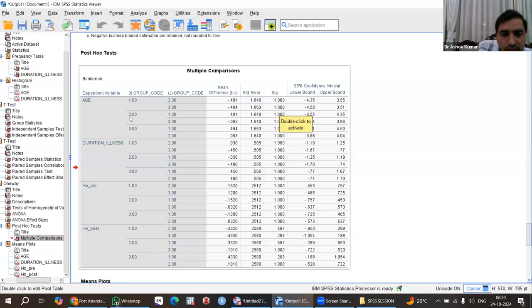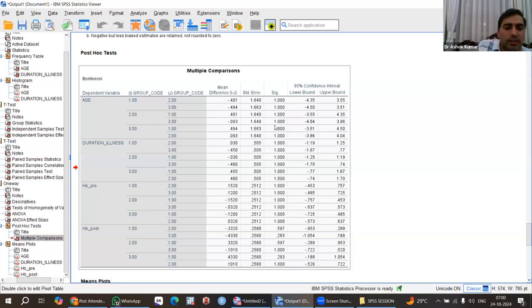Again, 2 is the diet group, 1 is the control group, and this is the p-value. We have already seen 1 versus 2 or 2 versus 1, same thing, there is no need to repeat. And this is 2 versus 3, where 2 is the diet group and 3 is the diet and yoga group, and there is no significant difference here in